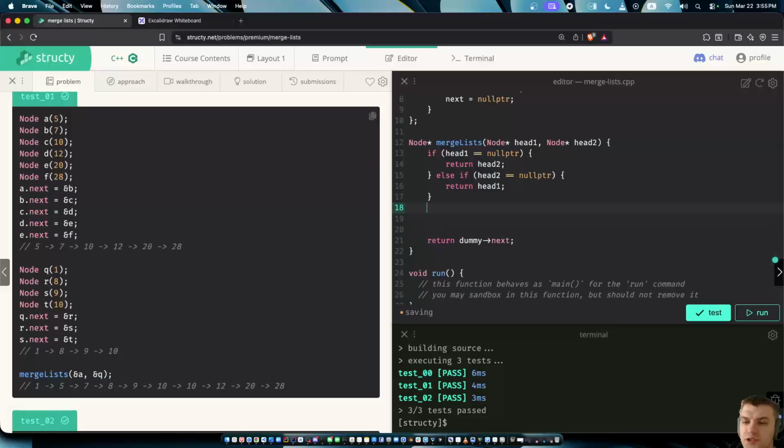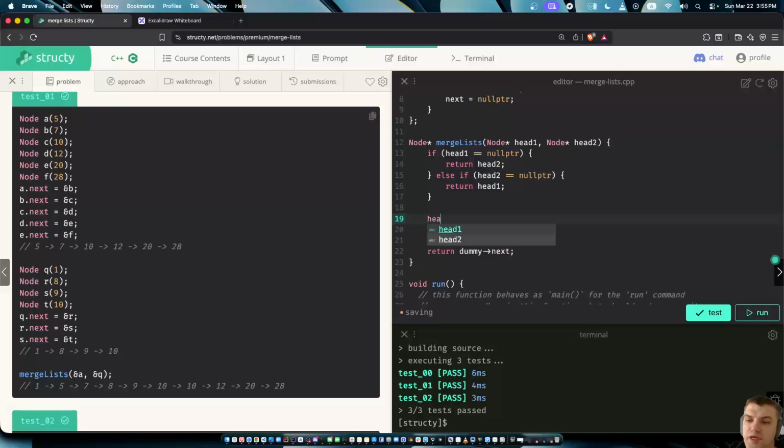Otherwise, I'll check if head1 value is less than or equal to head2 value, and if this is true, then I'm going to